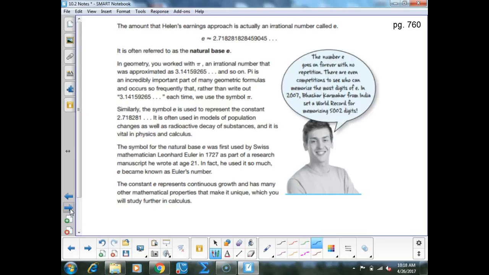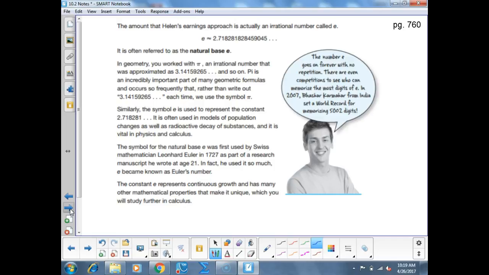In geometry, you work with pi. Instead of writing out 3.14159265 and so on and so forth, we just write pi because it's shorter than writing out all those numbers. So that's kind of what e is. Instead of writing out 2.71828182845945 and so on and so on,